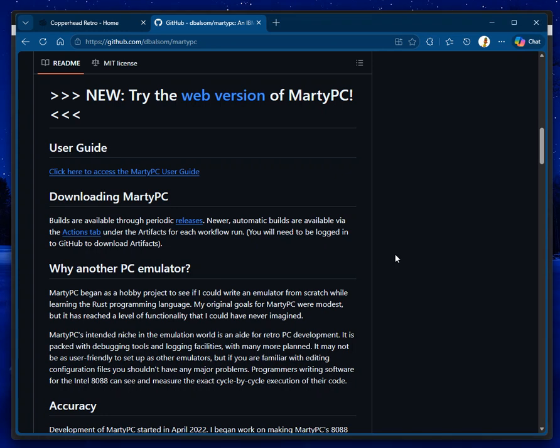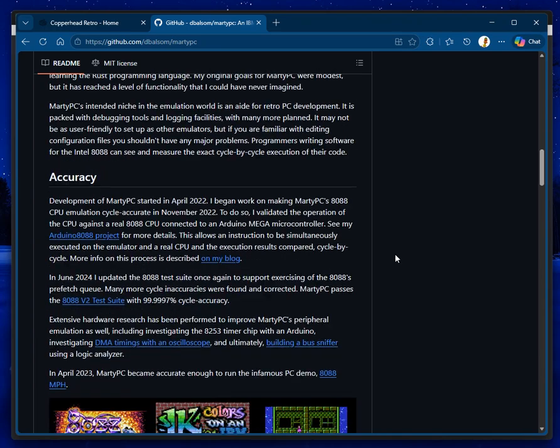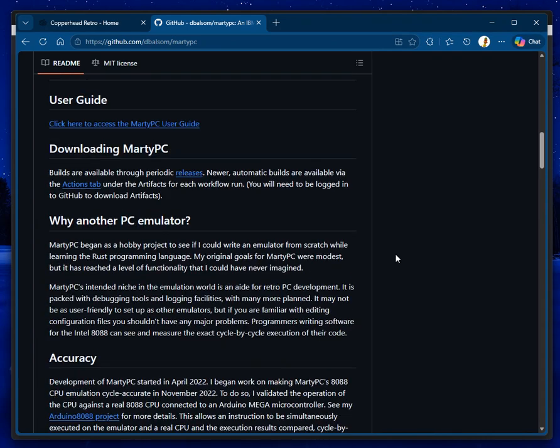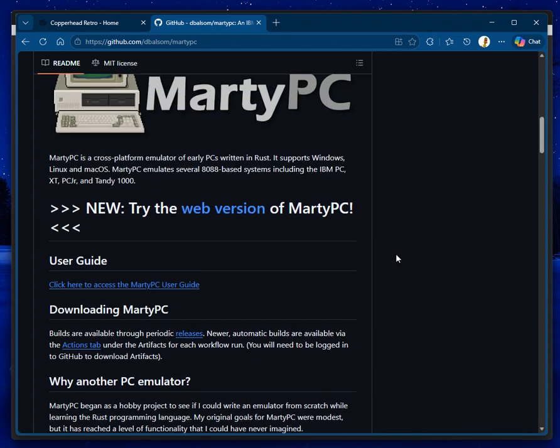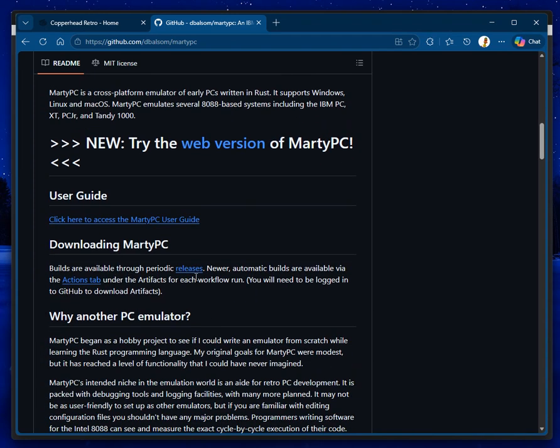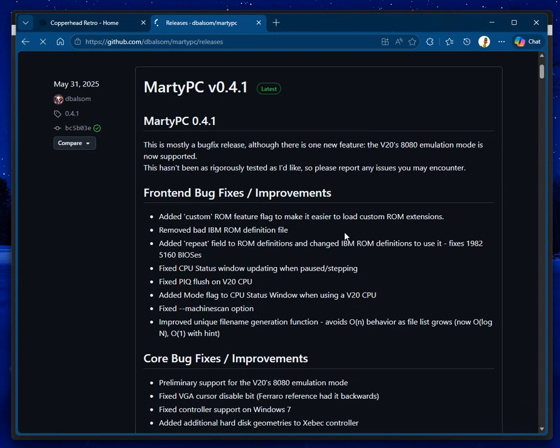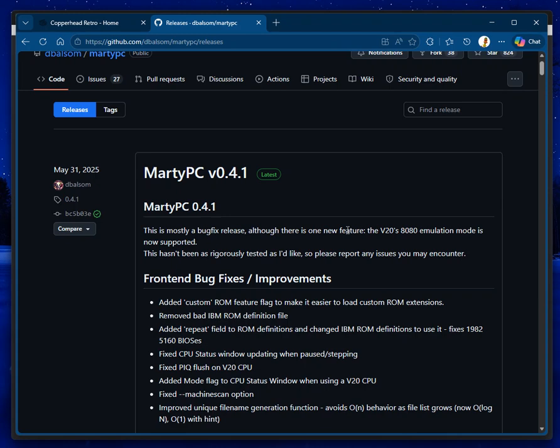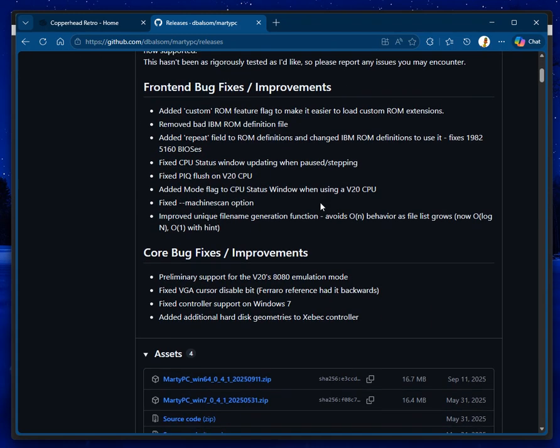In one of the comments in my previous videos, I was asked to show how to configure MartyPC. But before we get into great detail on how that's done, I wanted to illustrate how easy it is to get started first. When you go to the GitHub page, you'll notice a MartyPC download. Go to the releases, and you'll be shown the most recent version, labeled latest, obviously, where you can download it